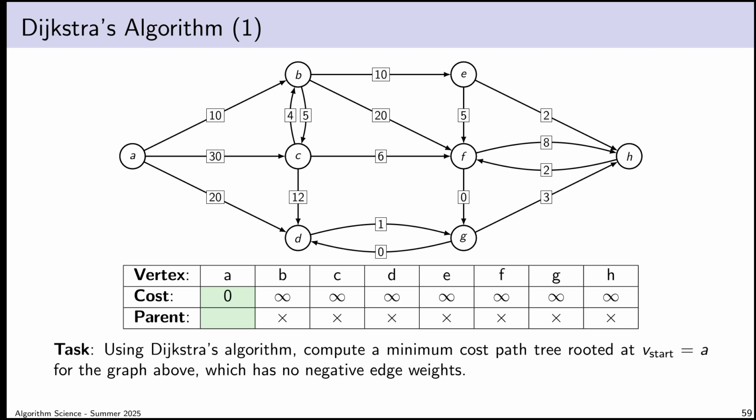Now, one thing you probably noticed during that last example was that I was spending quite a bit of time at each step recomputing the total cost to reach each vertex. Obviously, I don't need to do that because just like with the Bellman-Ford algorithm, I could just be keeping track of the current cost of travel to each vertex in a table. Similarly to how I could be keeping track of the current tree or the current set of edges that I'm keeping track of, whether they're in the tree, the locked-in part of the tree or not.